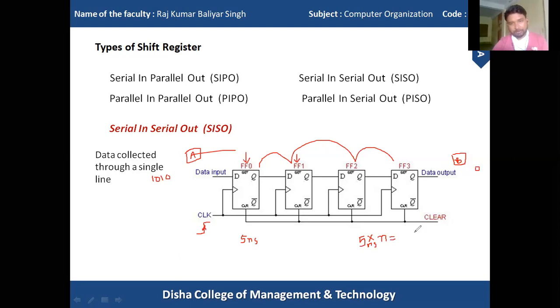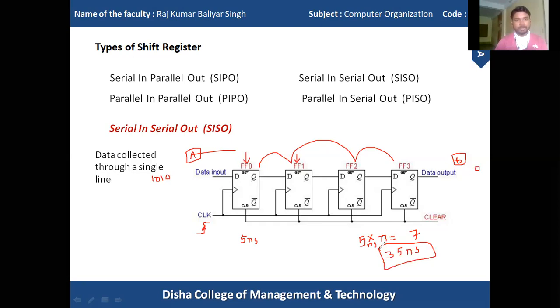If I have 7 flip-flops, then I need at least 35 nanoseconds to completely transfer the data from device A to device B. So this amount is called propagation delay.